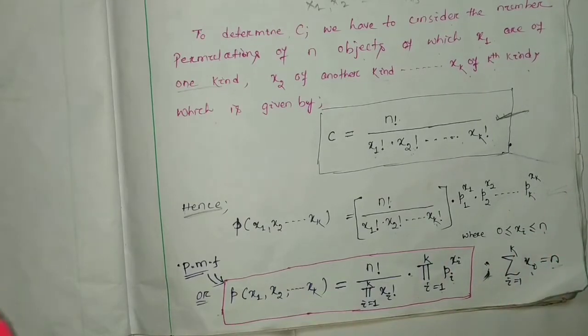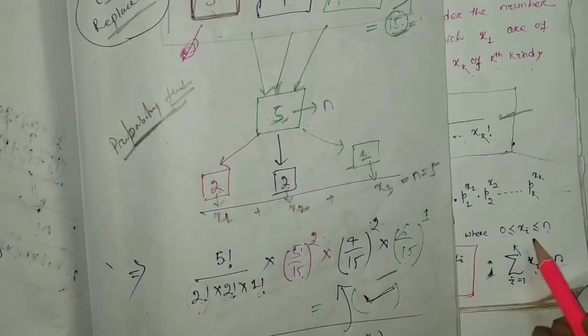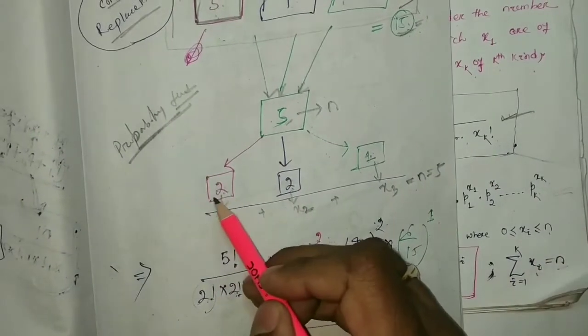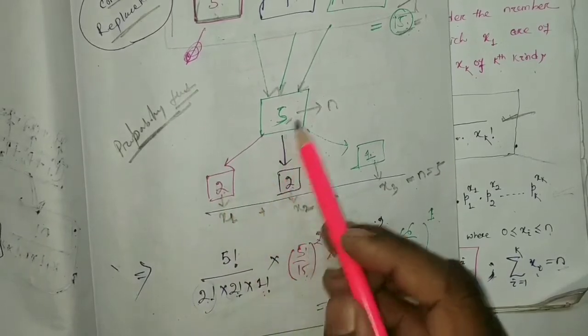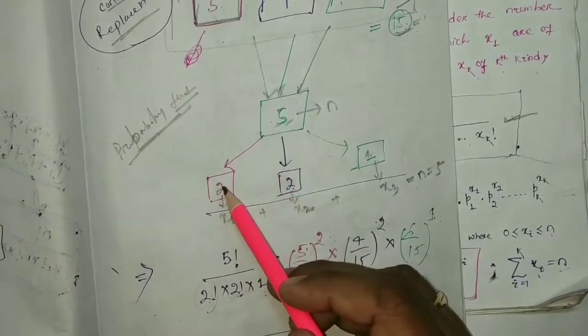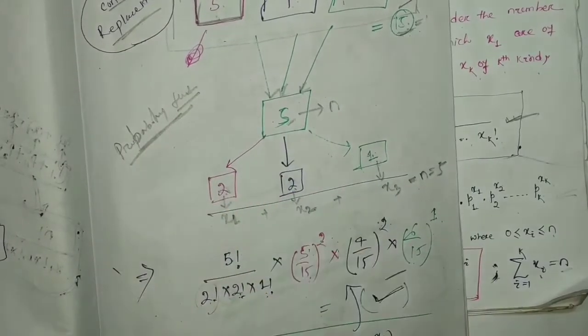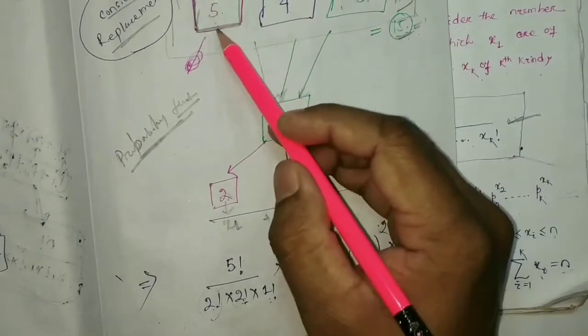You just consider the example I considered over here. Suppose 5 balls have been drawn, 2 belong to red, that may be 2, that may be 0,